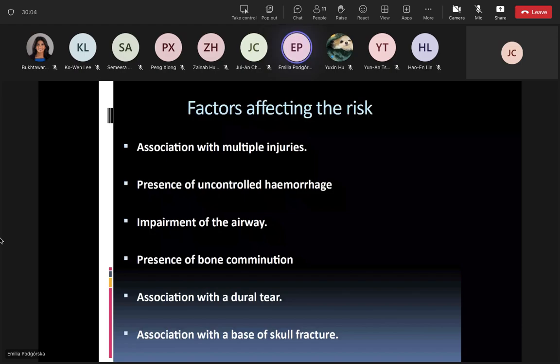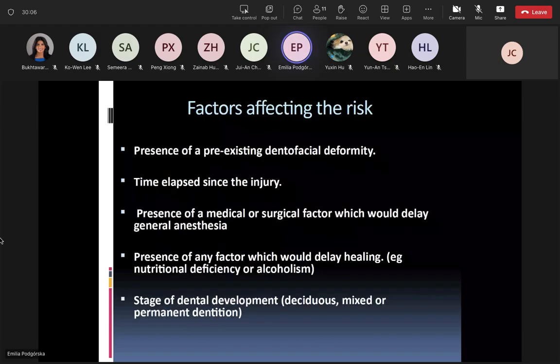Presence of existing dentofacial deformity, time elapsed since the injury, presence of a medical or surgical factor which would delay general anesthesia, presence of any factor which would delay healing, for example, nutritional deficiency or alcoholism, stage of dental development: deciduous, mixed, or permanent dentition,